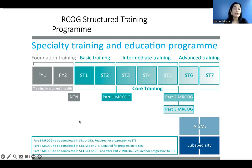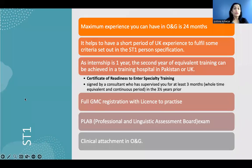So this is the training system for somebody who has done their MBBS and Foundation Year 1 and 2 in UK. What about if you wanted to come from abroad, come from Pakistan, let's say, and want to join the training program? So let's look at what you could do. So if you wanted to do that as an ST1, so you want to join as a first level, junior level